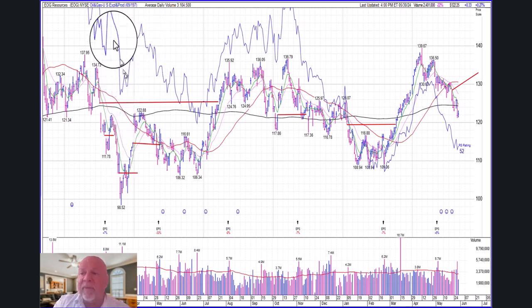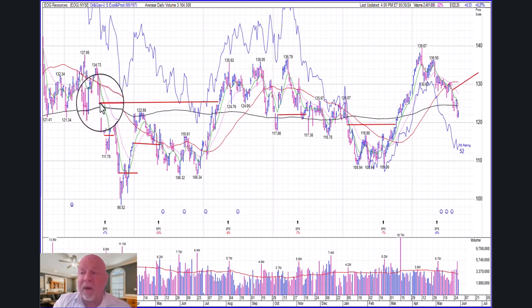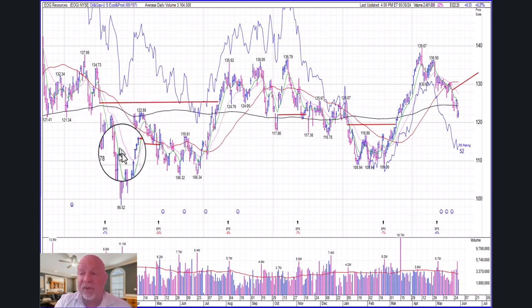So notice on this one, I've now started to draw lines at where the gap starts. So you can see this gap here at about 128 or something like that, and that's created on the chart. And then that doesn't get filled, but a lot of other gaps show up on this chart. Now, when you have stocks that are not that liquid, you're going to have more gaps.